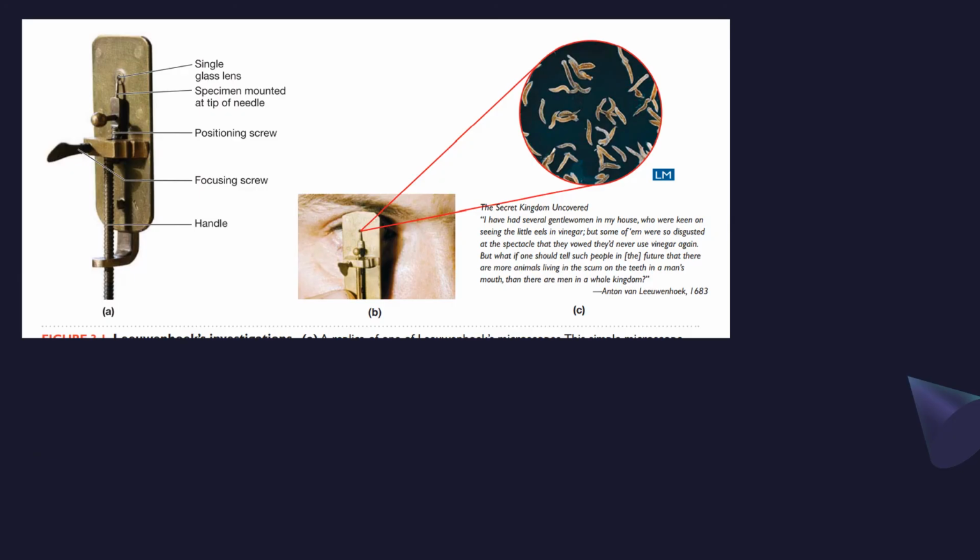This kind of microscope looked like a tiny pen-like structure over which he placed his sample and viewed it with his eye like this. And this is a microorganism that he was able to see with the focus of the image. That's all I want you to know about the history of microorganisms: that Anton van Leeuwenhoek came up with the thought of microscopes and started seeing microorganisms. From there, we started looking into the world which is not visible to the eye.